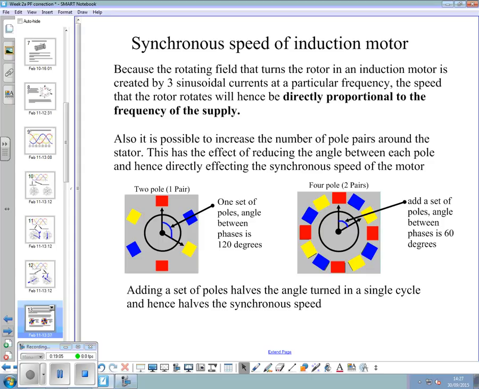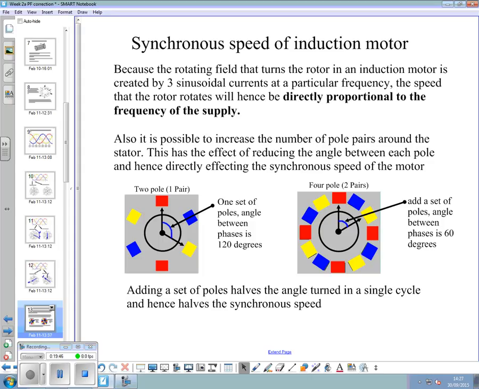Right. Synchronous speed of induction motors. Because a rotating field that turns the rotor in an induction motor is created by 3 sinusoidal currents at a particular frequency, the speed that the rotor rotates will hence be directly proportional to the frequency of the supply. So a motor on 50 Hertz will run slower than one on 60 Hertz or 100 Hertz or whatever. And that's the general principle of the motor inverter that we'll talk about next week, is that we use electronics to vary the